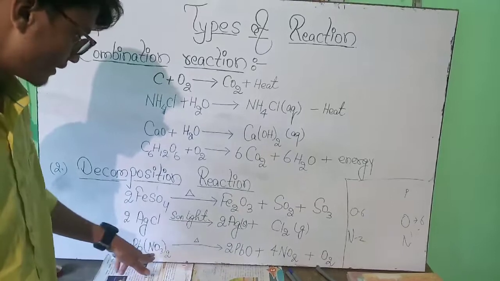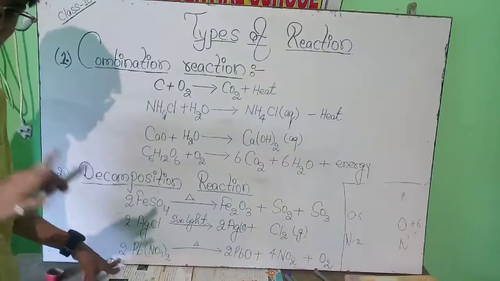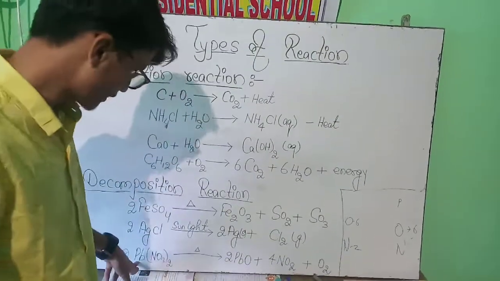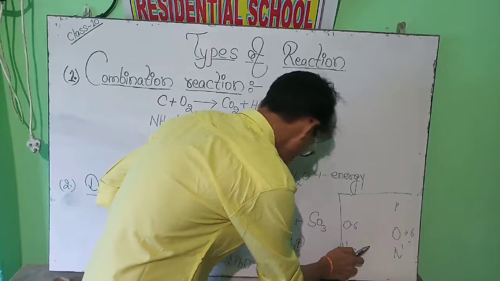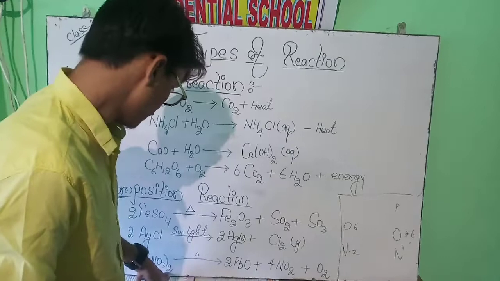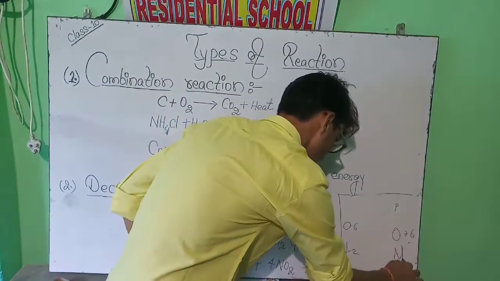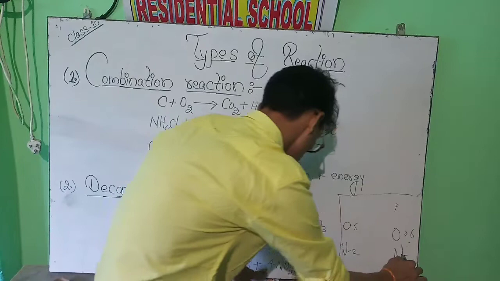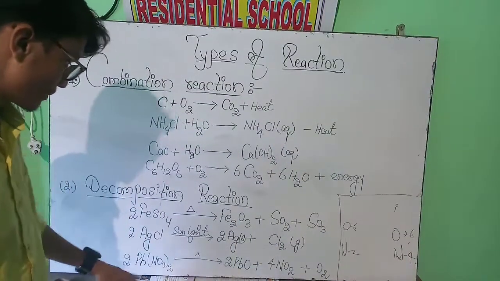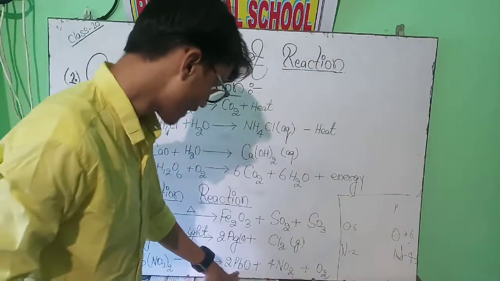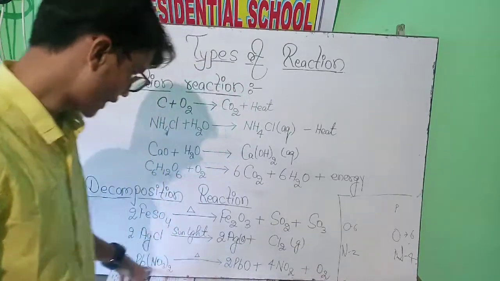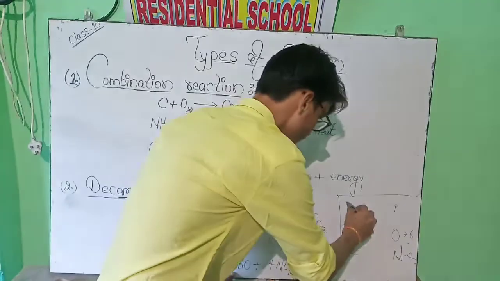So how can we balance nitrogen? On this side we have to put 2. So we are just putting 2 here, on the product side. Now nitrogen on this side becomes 2, and in the reactant side nitrogen becomes 4, and this side also nitrogen is 4. Now come to the Pb. This side only 1 Pb is there, and this side 2 Pb is there. So we will put 2 here, so that now our Pb will also balance.